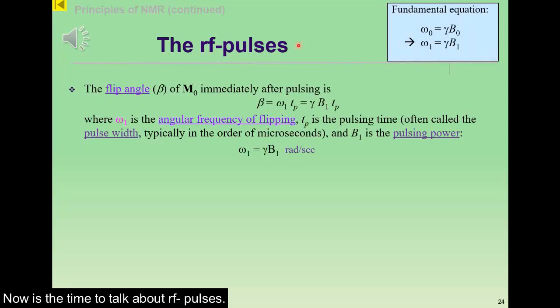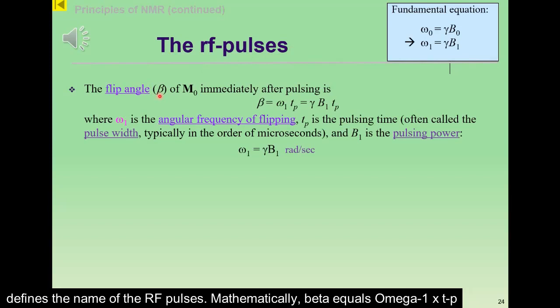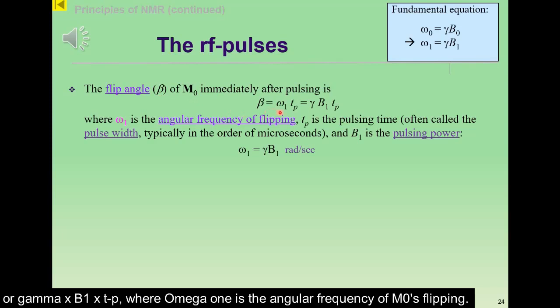Now is the time to talk about RF pulses. The first thing to know is about flip angle beta, which, together with where B1 lies, defines the names of the RF pulses. Mathematically, beta equals omega 1 times Tp, or gamma B1 times Tp,